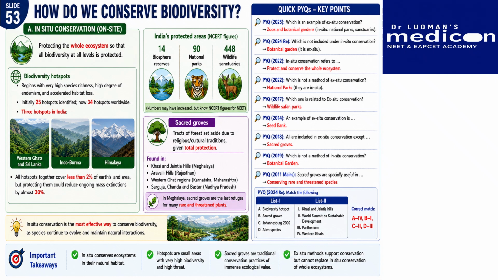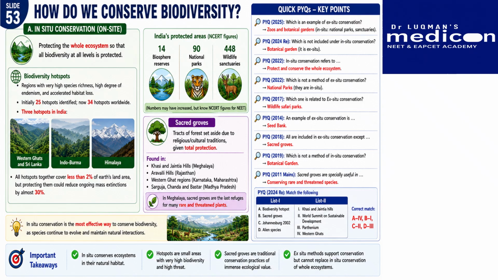Biodiversity hotspots are regions with high species richness, high degree of endemism, and accelerated habitat loss. Initially, 25 hotspots were identified. Now, 34 hotspots worldwide. 3 hotspots in India: Western Ghats and Sri Lanka, Indo-Burma, and Himalaya. All hotspots together cover less than 2% of Earth's land area, but protecting them could reduce ongoing mass extinctions by